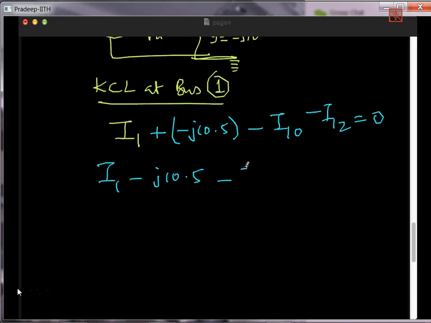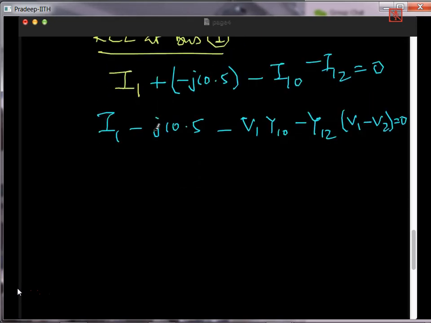This is nothing but V1 Y10 and this is nothing but Y12 (V1 minus V2) equal to 0. So basically this particular Y10 is adding extra to the Y bus. And then this term is coming anyway. Right now we don't worry about it because it is not affecting the Y bus. So therefore the Y bus is nothing but